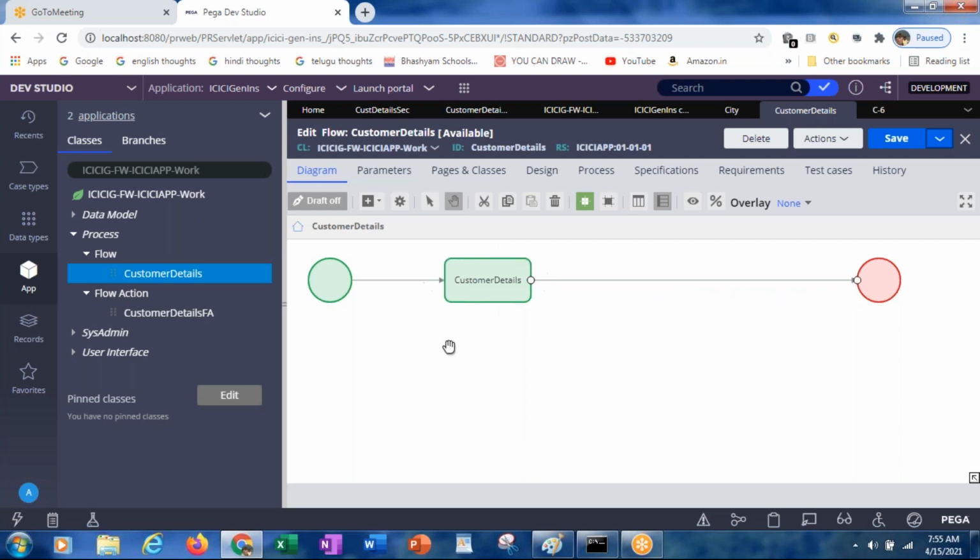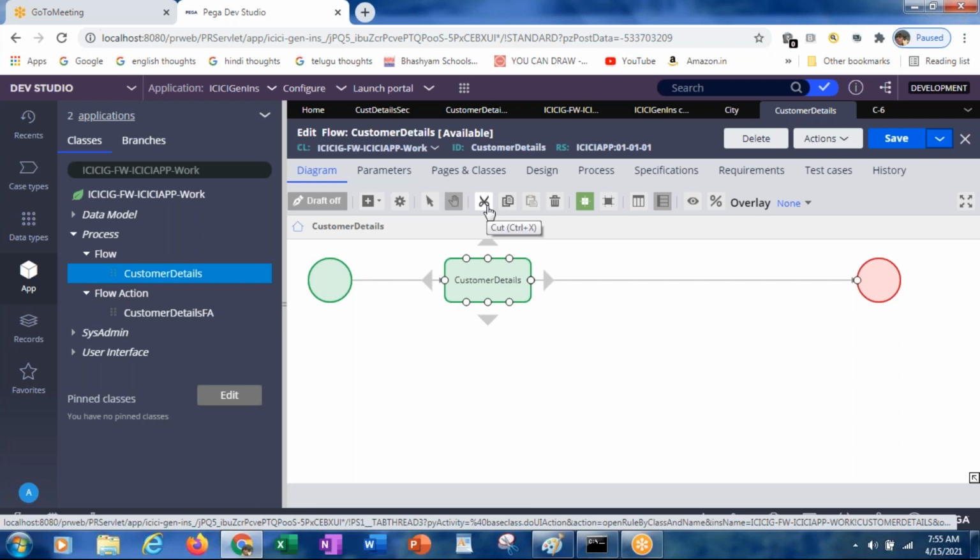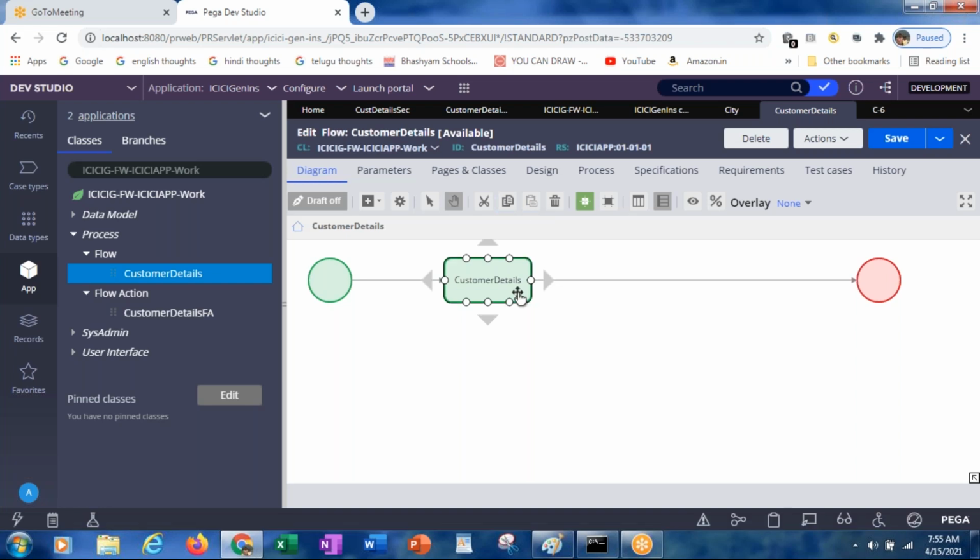Like this. And in case you want to copy and paste, like in Microsoft Word, how you copy the text, the same way here also, you can copy and then paste it.